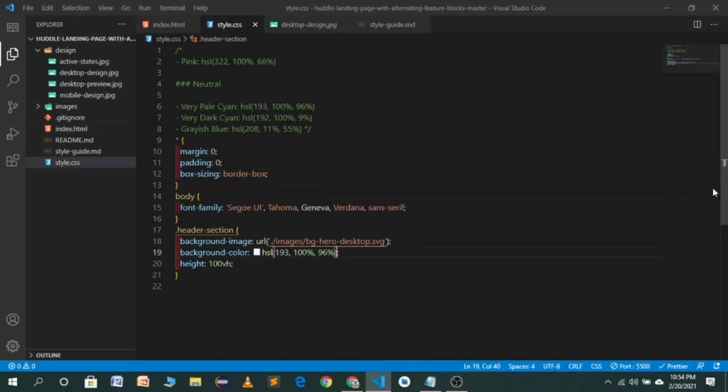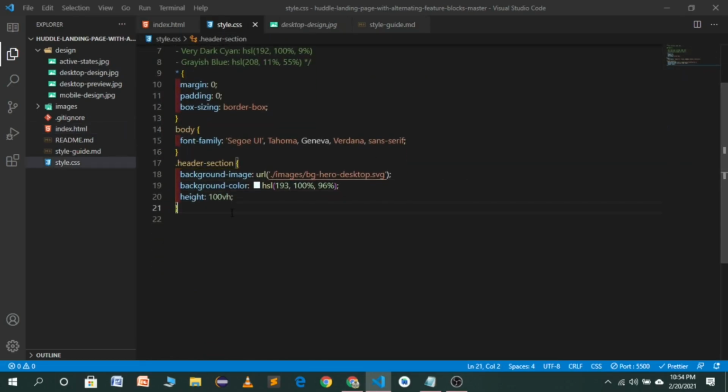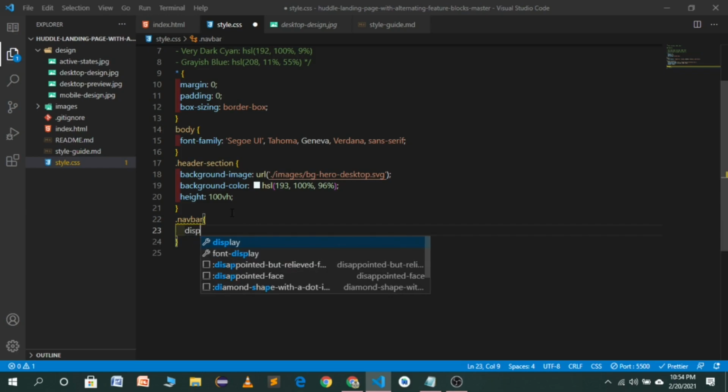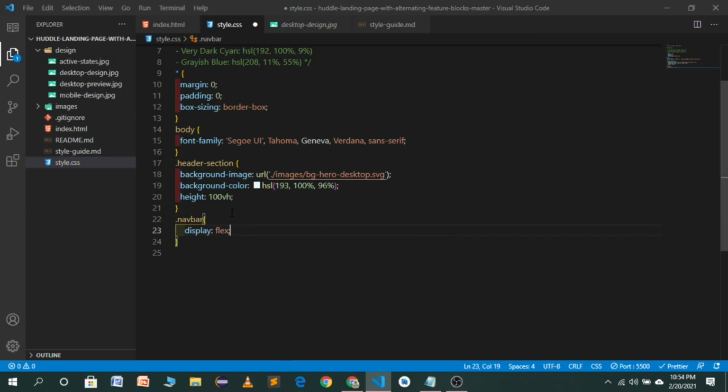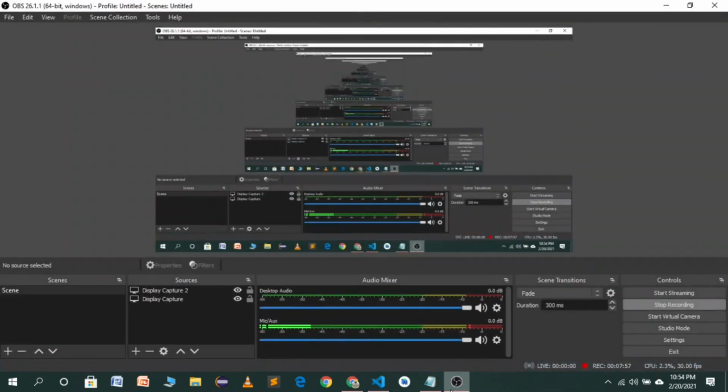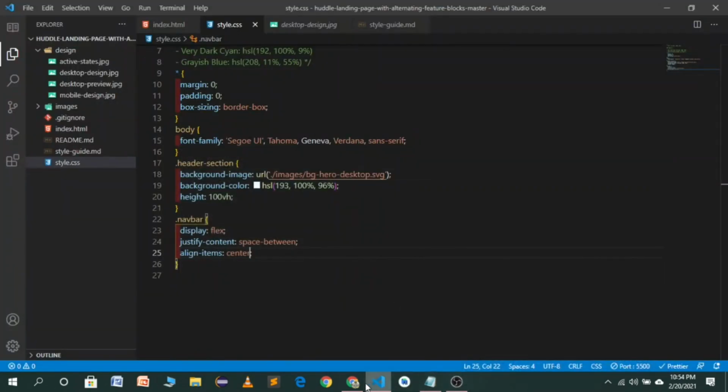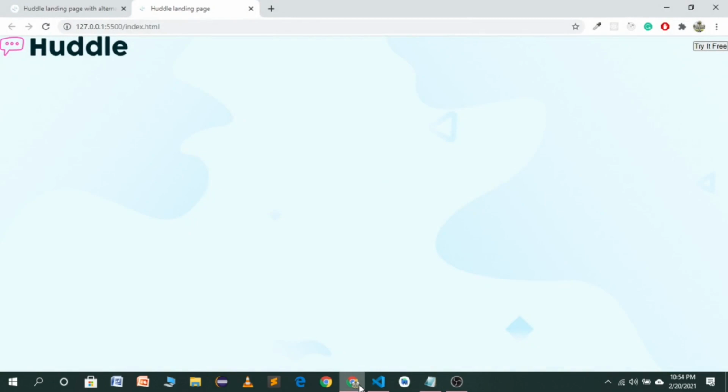And now we will target our navbar, which is a navigation menu. We have given it a class name of navbar. We will use display flex to align items, display flex, justify content space between, align items center. Let's save it and let's see. As you'll see we don't have a space,